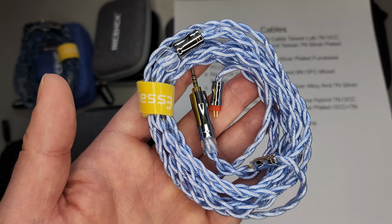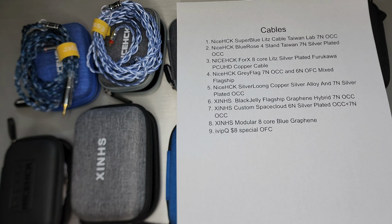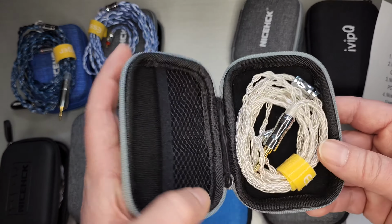And again, at $40, I will buy it. At $150 or whatever it retails for, you've got to be super motivated to get into that one. So the third one, ForX. So ForX,